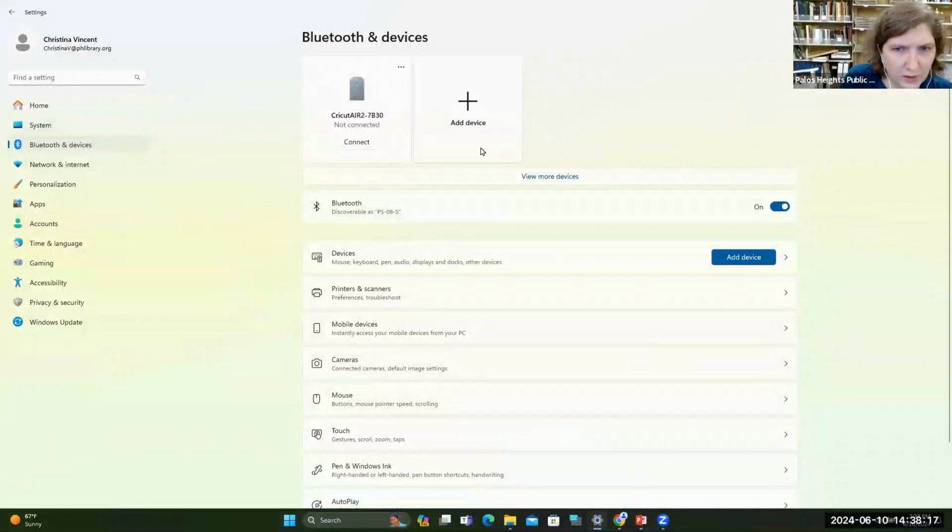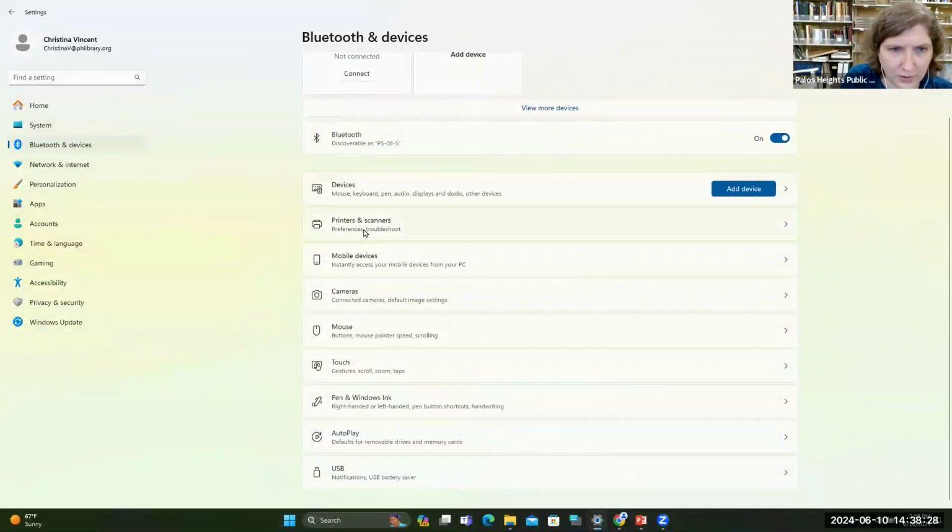This is where we can, again, add more Bluetooth devices, like maybe mice or keyboards or headphones or anything like that. This is where you can do that right here, add device. This is also where you can find out more about your printers and scanners. Maybe if you have any mobile devices tied to your computers, cameras, mouse.